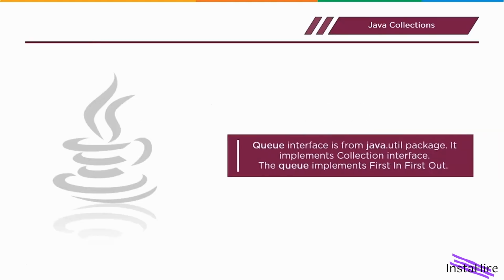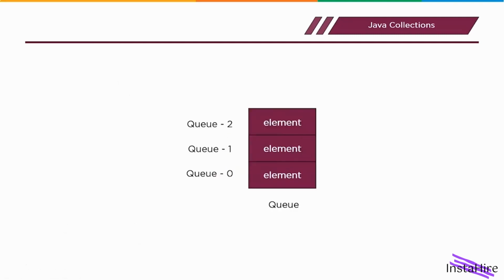So what exactly is a queue? The queue interface is from the java.util package. It implements the collection interface. The queue implements first in, first out. Remember, stack used to follow last in, first out, but queue follows the opposite of it, that is first in, first out. By looking at this image, you can make out that when an element enters a queue, it is located at queue location 0. So this particular element at queue location 0 will be the first element to leave the queue